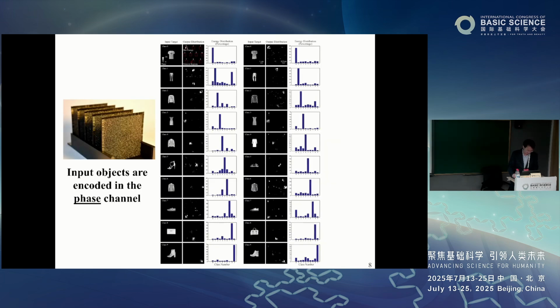So here's the experimental result for different input fashion products. Since this is a complex optical field computing system, even with linear diffractive modulation layers for complex field modulations in high-dimensional space, encoding the input object into the phase channels also generates nonlinearities. This is because the phase components are mathematically